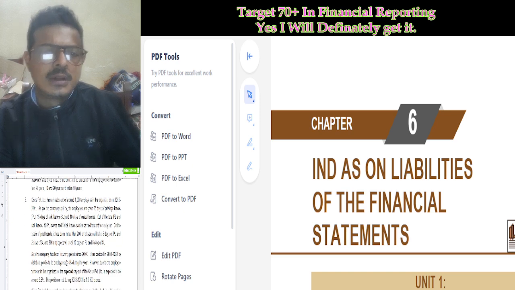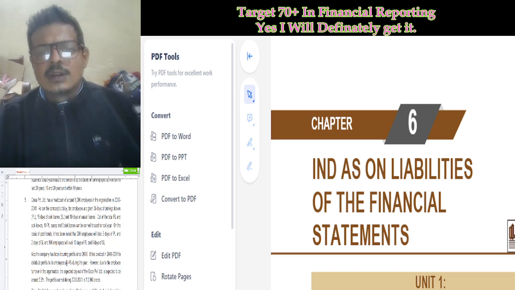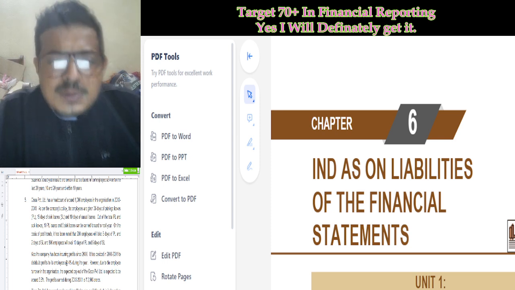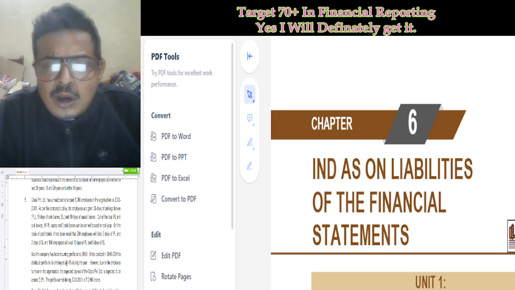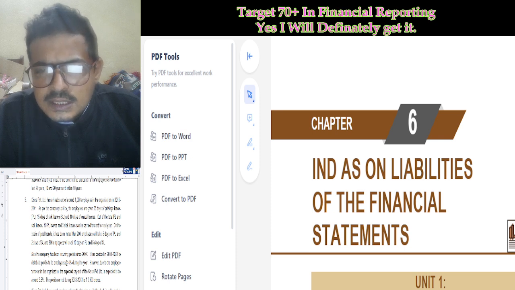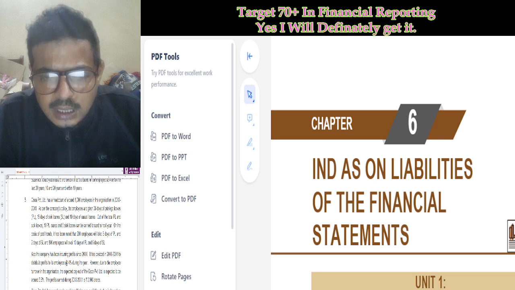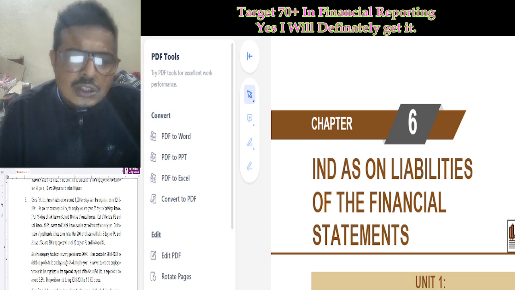Next question: Cisca Private Limited has a headcount of around 1000 employees in the organization in 20X0-X1. As per the company's policy, employees are given 35 days of privilege leave, PL, 15 days of sick leave, SL, and 10 days of casual leave. Out of the total PL and sick leaves, 10 paid leaves and 5 sick leaves can be carried forward to the next year. On the basis of past trend, it has been noted that 200 employees will take 5 days of paid leave and 2 days of sick leave, and 800 employees will avail 10 days of PL and 5 days of SL. Also, the company has